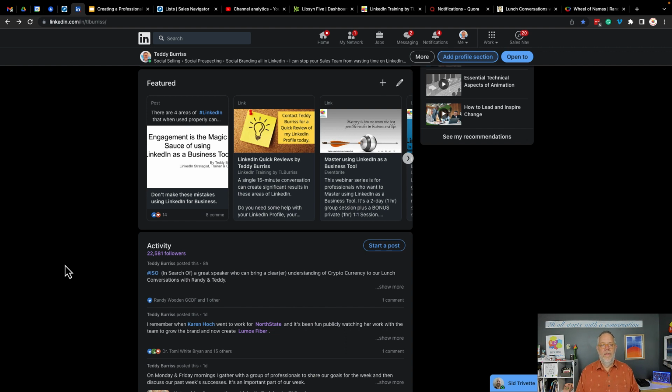Next big area, featured section. This is rich content. Actually, that's what LinkedIn used to call it, rich media or rich content, that showcases your value, showcases your expertise, your skills in the context of what you do for your target audience. You don't want to put any featured content that would send your target audience down a rabbit hole of irrelevant information. I want people to read this because this is a really good article I wrote and got lots of engagement, and I want people to pay attention to it. I want people to know that I'm here to help. I do these free, quick reviews.